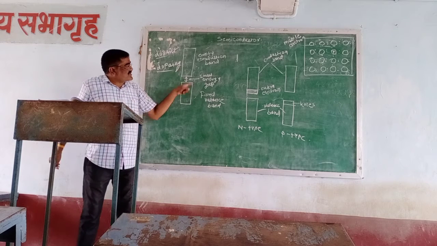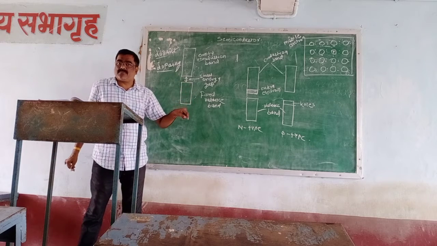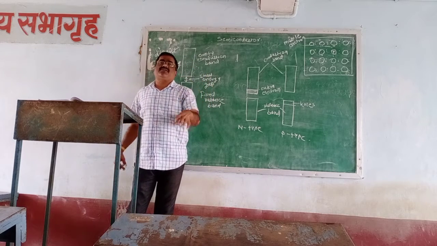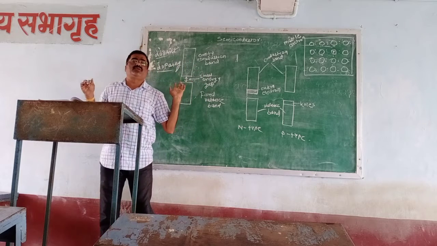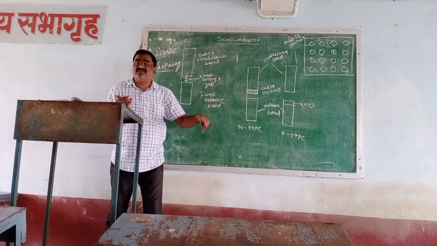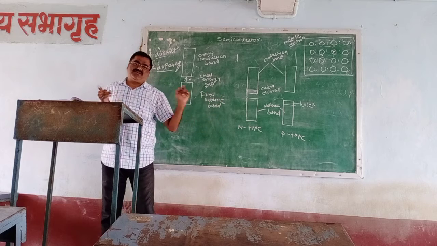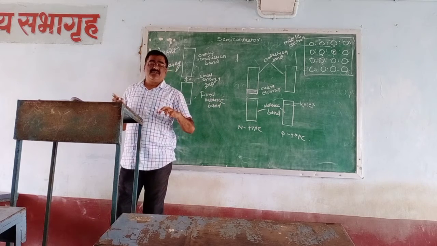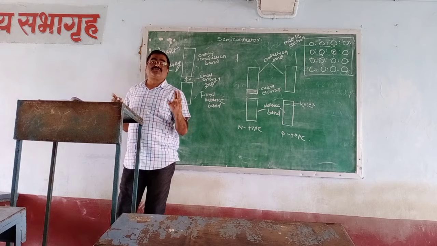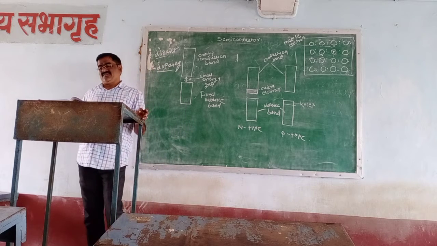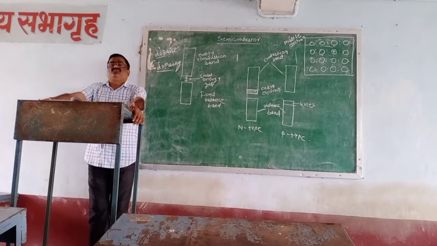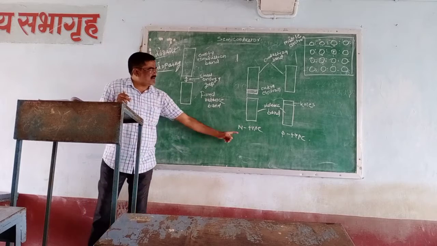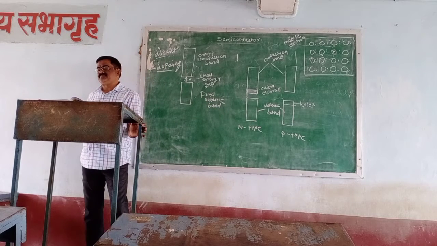म्हणजे हा सेमीकंडक्टर जो आहे तो इंट्रिन्सिक आहे. When you have added the other impurity into that to get the more conductivity at that time that will become extrinsic semiconductor because of the dopant which is used into that process to get the more conductivity, and such semiconductor is called as the extrinsic semiconductor. And there are the two types of the extrinsic semiconductors, N-type semiconductor and the P-type semiconductor.